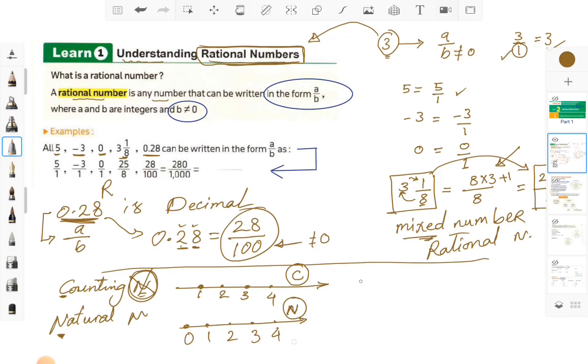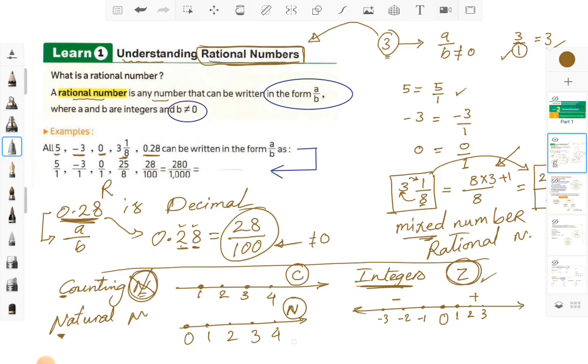Then we learned integers, with symbol or abbreviation Z. On the number line, we put 0 in the middle of the line, to the right of 0: 1, 2, 3 and so on, and to the left -1, -2, -3. Okay,